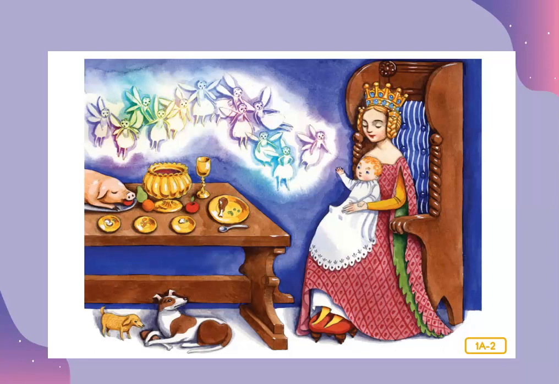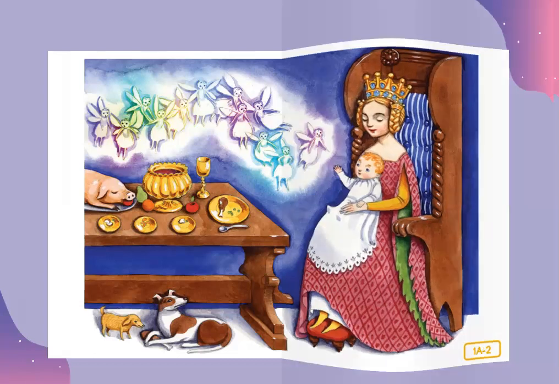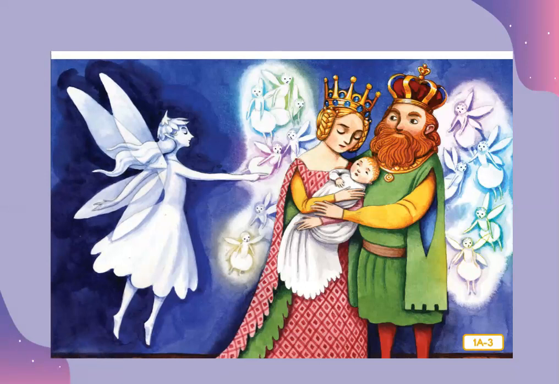Virtue is another word for goodness, and wisdom is the ability to know what is right and to make good choices. A third fairy gave the child the gift of beauty. A fourth gave her riches, and on it went, with each fairy giving everything in the world that one could wish for. 11 of the fairies had given their gifts, and the 12th was just about to speak when suddenly